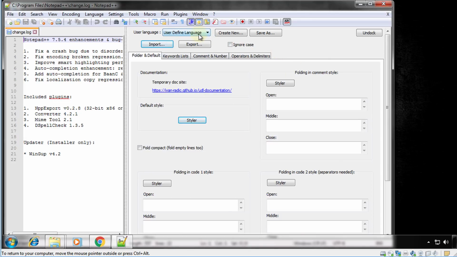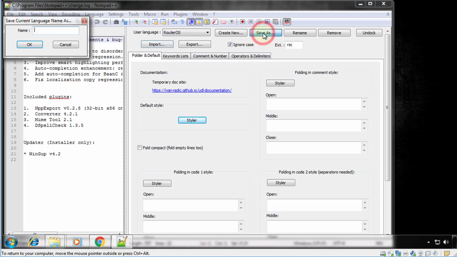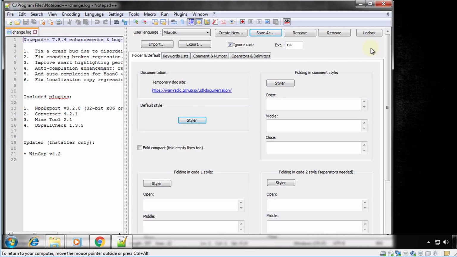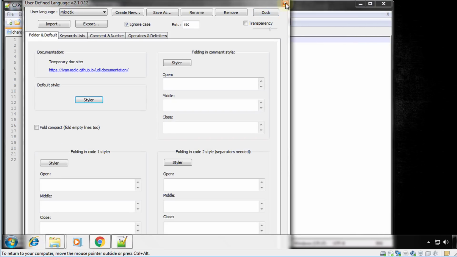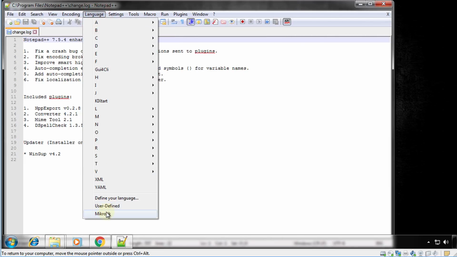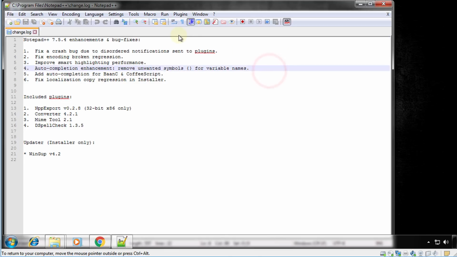Okay, now we're going to select that language, and then we're going to save as, I'm going to call it MikroTik. Okay, and just close this window. So if we look in language, we'll see a language named MikroTik,